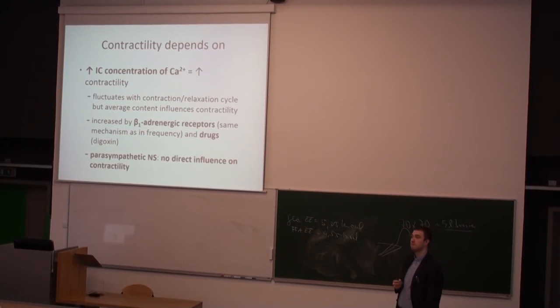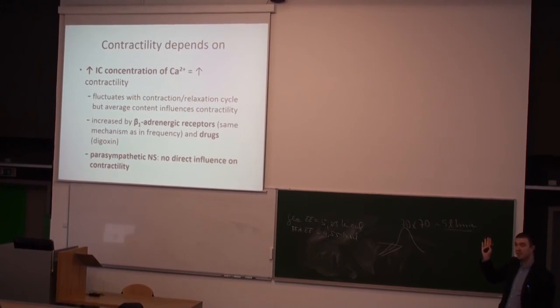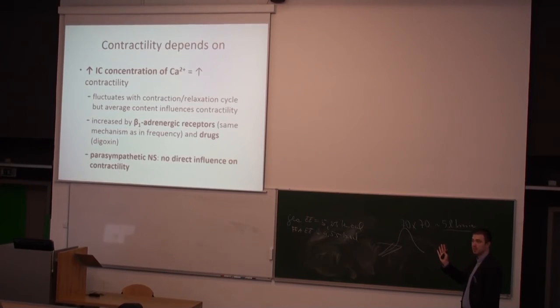So you can only increase both frequency and contractility? You typically increase both. What you can do is, with the concomitant action of the parasympathetic nervous system, you can reduce the frequency effectively. And the explanation for this is that the innervation of the heart by the sympathetic and parasympathetic nervous systems is not the same. The sympathetic nervous system comes to the ventricles. The parasympathetic nervous system typically does not come to the working apparatus. It innervates especially the conducting system. Therefore, the parasympathetic action is not on the strength, on the contractility.